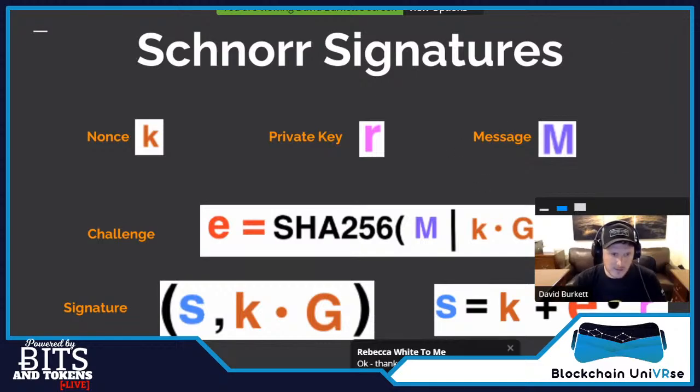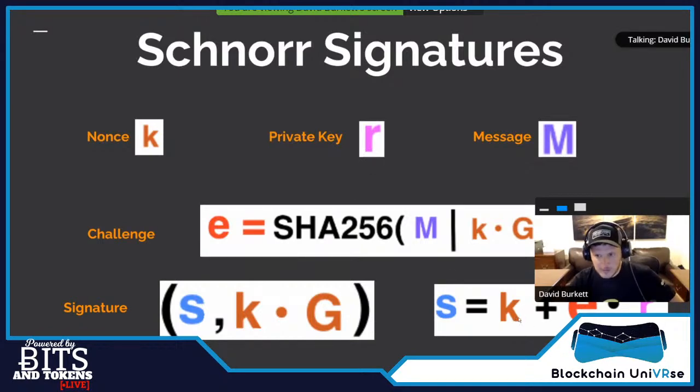So then there's a couple parts to this signature. A signature contains the public nonce. You have your secret nonce, this one-time generated thing. You can have the public version of it, just the same way you can take a secret key and generate a public key. You just multiply it times G, which you don't really need to know how that works, but just know that given a private key, you can generate a public one. That public one is part of the signature, along with this other value that only someone with knowledge of R can calculate, or knowledge of the private key. And they calculate it this way.